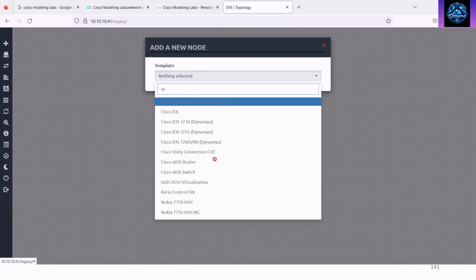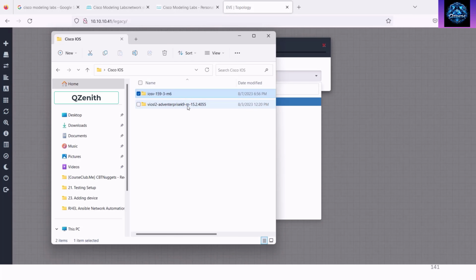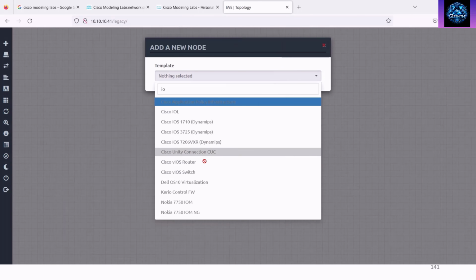So I'm going to include the Cisco vIOS router and Cisco vIOS switch here. As of now, it's grayed out. So I'm going to include those two images, the operating systems of the router and the switch, in the EVE-NG, and then I'm going to show you that these are going to be in blue. That means the operating systems are available to create the topology in this EVE topology machine